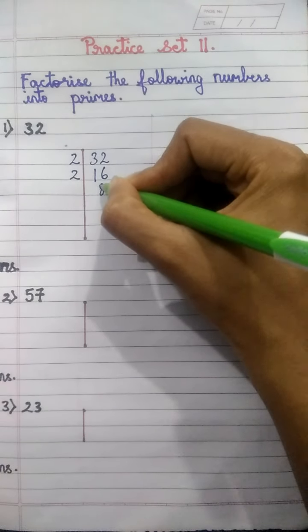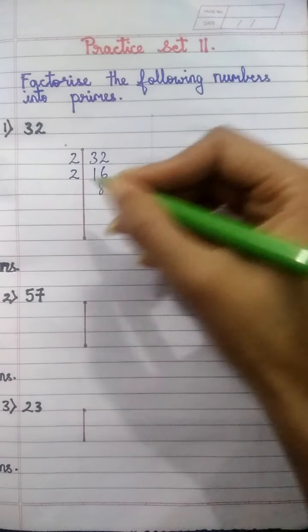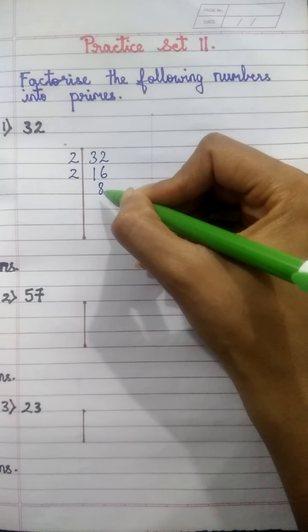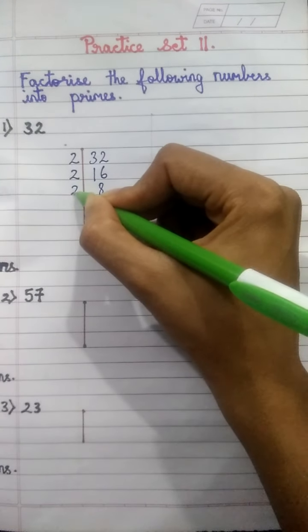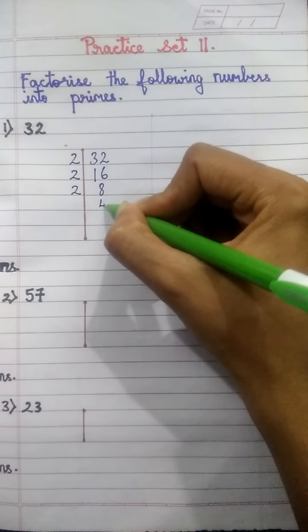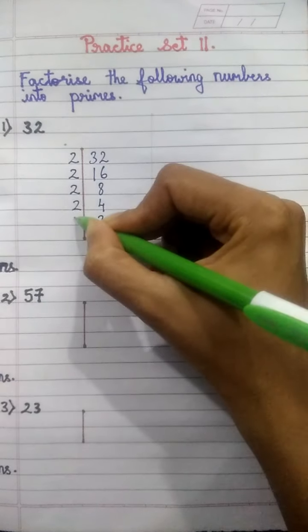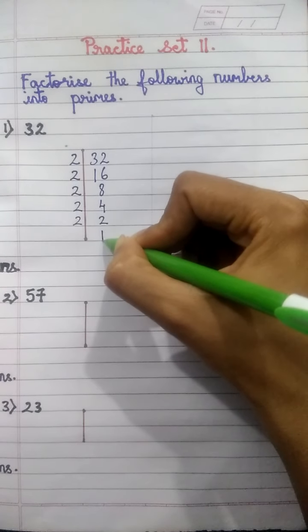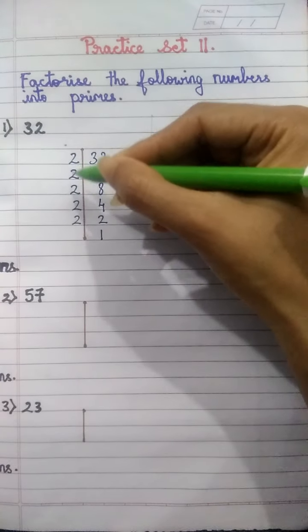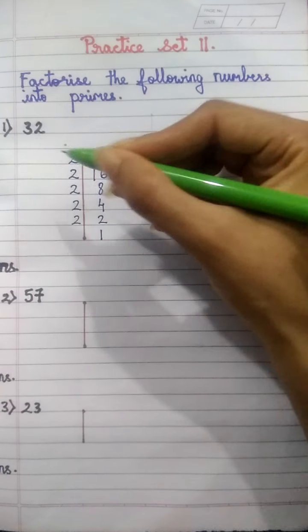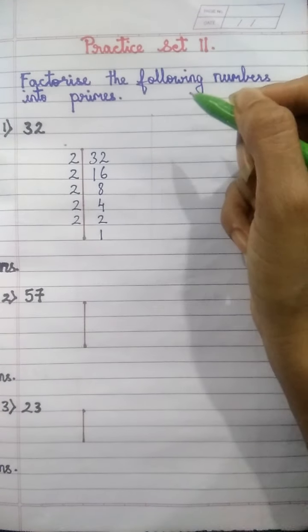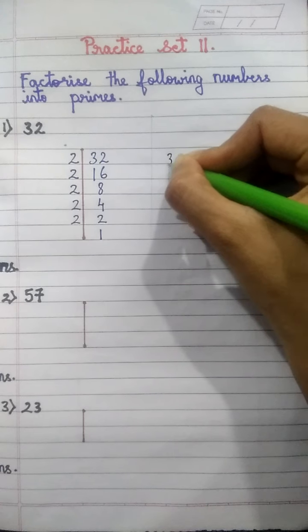2 8s are 16. Now again 8 can be divided by 2. So 2 4s are 8. 2 2s are 4 and 2 1s are 2. We have got all the prime factors for 32. If you want to follow this